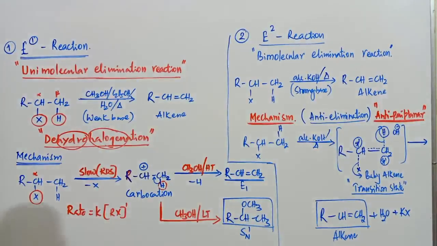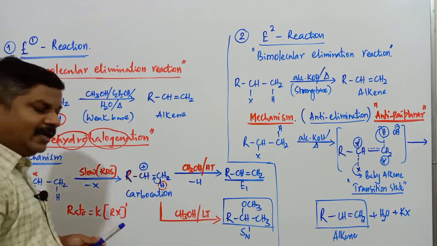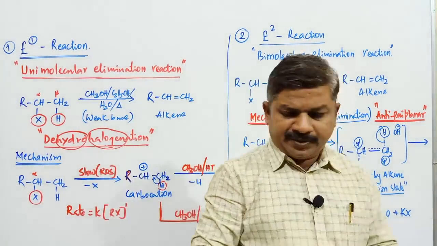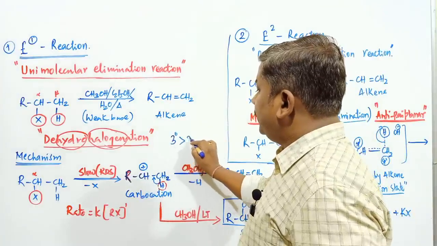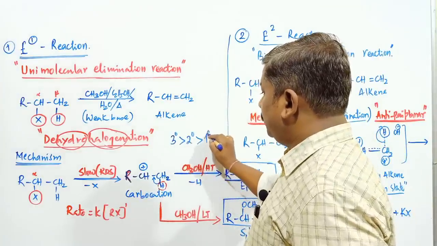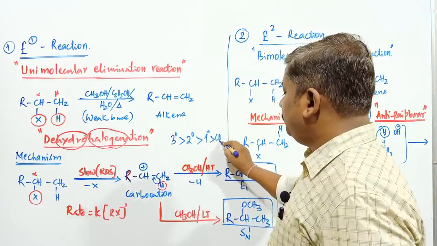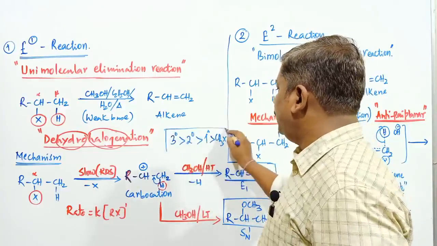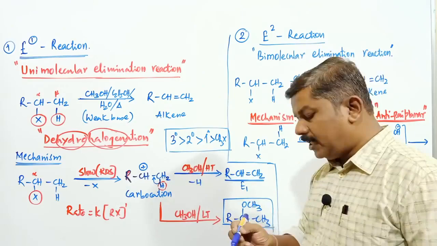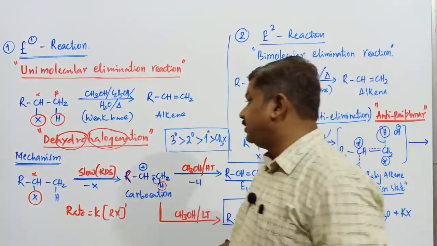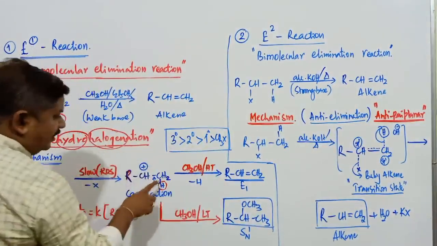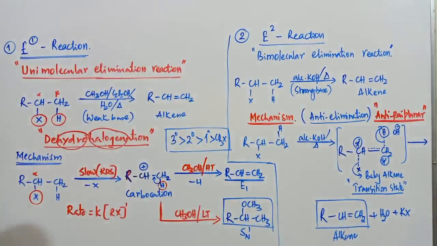Then what is the order of elimination reaction in case of alkyl halide? Tertiary, secondary and primary, if you are observing. In both the reactions, order of elimination takes place in this particular direction. This is going to be methyl halide. Primary alkyl halides are least reactive towards elimination, whereas tertiary alkyl halides undergo elimination reaction very easily. The reason is that there is a formation of a particular carbocation. This is applicable for both E1 as well as E2 reaction.